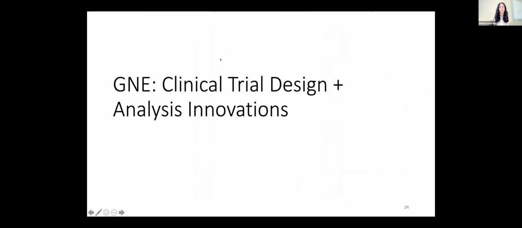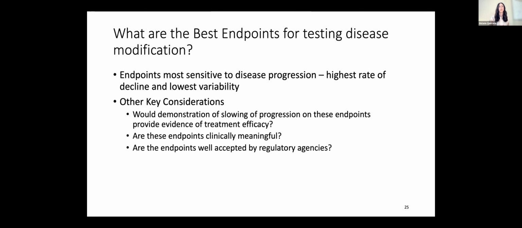So at this point, I'll shift gears to the original question, which was, how can we design the most efficient clinical trial to understand if the treatment actually modifies this disease progression? And how can we use all of this information that we learned to design this trial in a way that we can enroll a broad patient group and have a good amount of power with a feasible sample size in this population? So the first place to start is to really understand what's the best primary endpoint to use in a clinical trial.